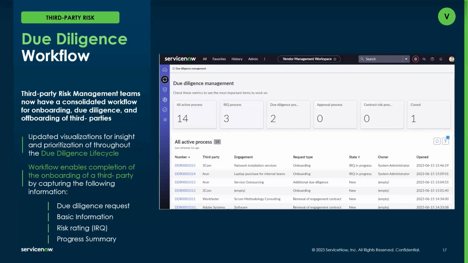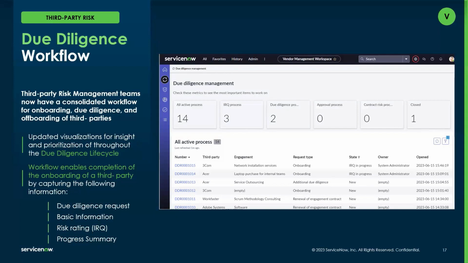So a touch different from your tiering, where you just got that holistic vendor score, tiering score, if you will. The IRQ actually is configured in a way that, based on the responses of that questionnaire internally, there will be automation around what risk assessments need to be sent externally. And that is one avenue of defining the areas of risk needing to be assessed or responded to by your third parties. So there's good automation there and lots of flexibility in configuring that IRQ based on the flavor of third party, but then also the triggers around sending that external assessment, which is the next phase in the workflow.